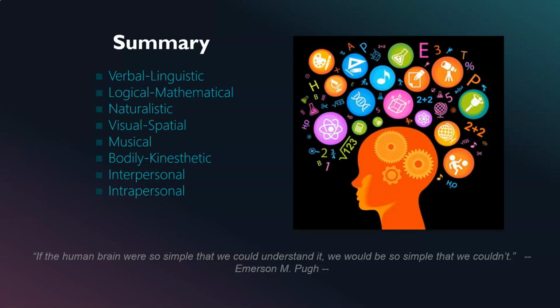Now, from the vantage point of the rest of the world, it's important to know where other people are coming from, whether it's your significant other, your children, a coworker, a classmate, and so on. We have so many different relationships in our life. It's really important that we not only understand ourselves, but that we understand other people. It's part of that interpersonal intelligence we just talked about. If you understand the multiple intelligence strengths and weaknesses of others, you can also help them leverage their strengths while also helping them work on their weaknesses. So it really is a win-win for everyone when we understand a concept like multiple intelligence.